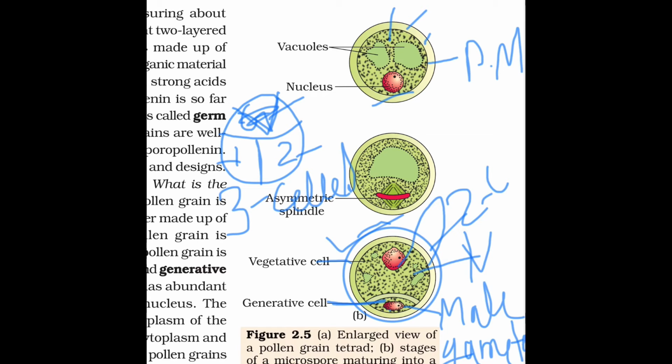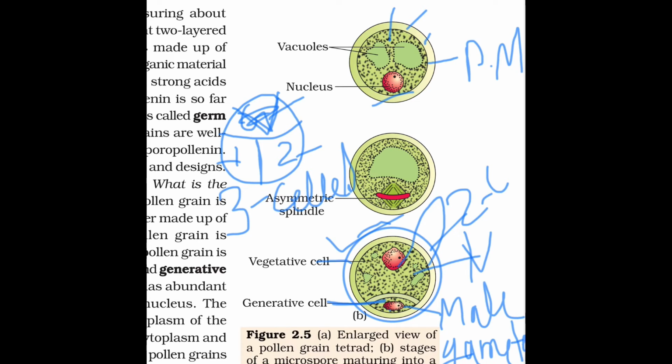So the first and most important is fertilization, where there is going to be formation of zygote, but the second is double fertilization. We will discuss it in our next video, what is double fertilization and what is endosperm formation. Here you have to understand only this, that when the pollen grains are shed from the anther, they are in 2 cell stage in 60% of plant species and in 3 cell stage in 40% of plant species.